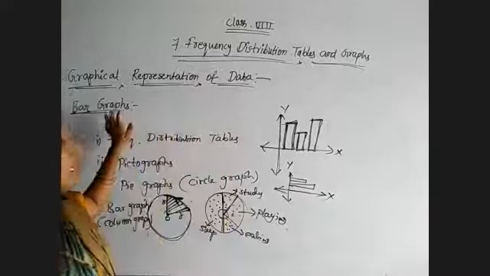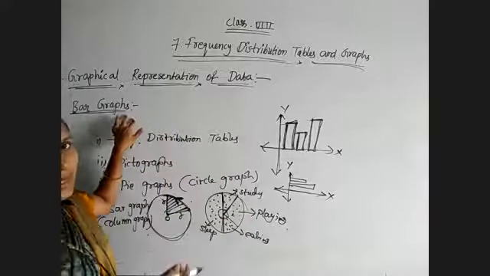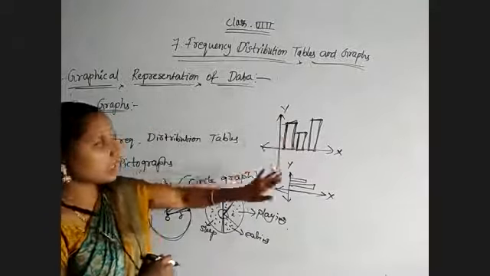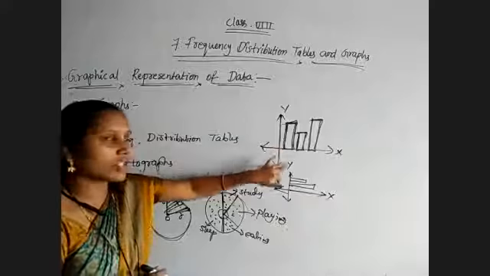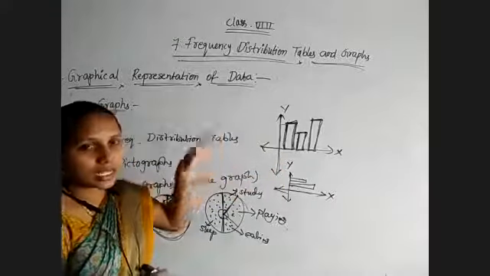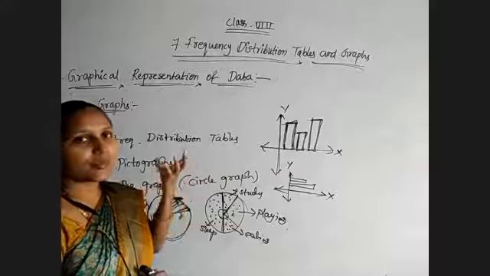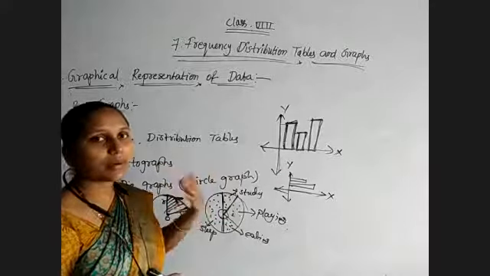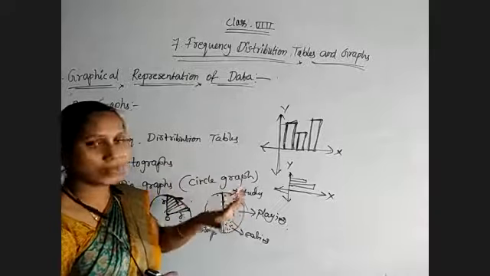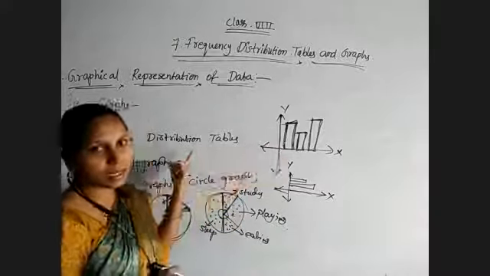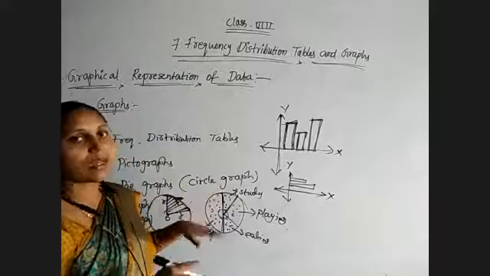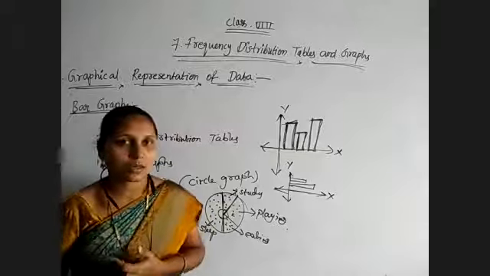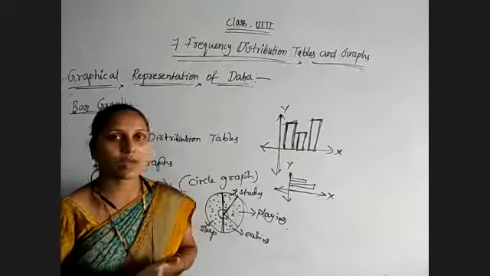Now, here why I am talking about bar graphs means histograms? We are representing histograms by using bars only. But these bar graphs are for individual data we have taken. In case of histograms, we will prepare bars for the class intervals, grouped frequency, not for ungrouped data. Bar graphs we have used for ungrouped data, whereas histograms will be used for grouped data, and that too only exclusive class intervals, not for inclusive class intervals.